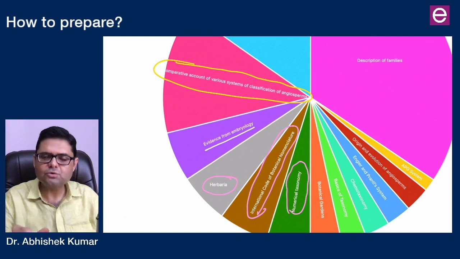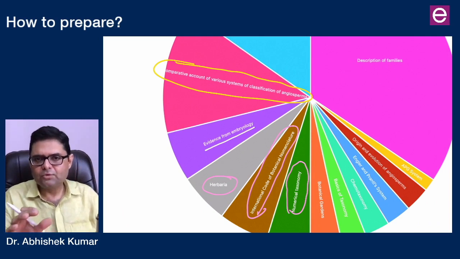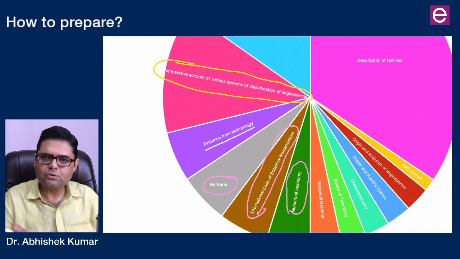That accounts to 70 plus marks every year. Second, out of that 70 marks every year, 35 marks go to angiosperm family description and approximately 35 marks go to systematics. Within systematics, approximately 12 to 15 marks will be given to the comparative account of classification systems,